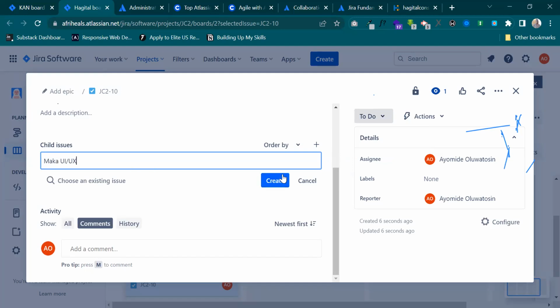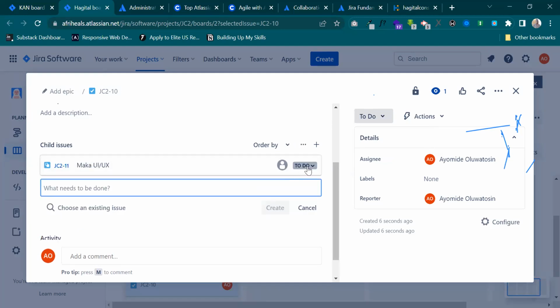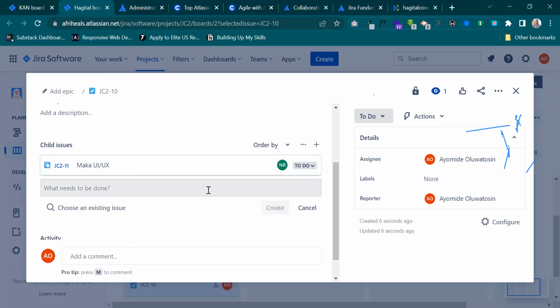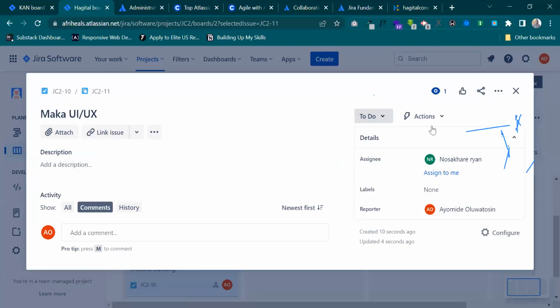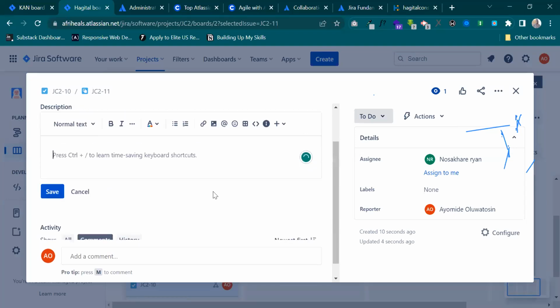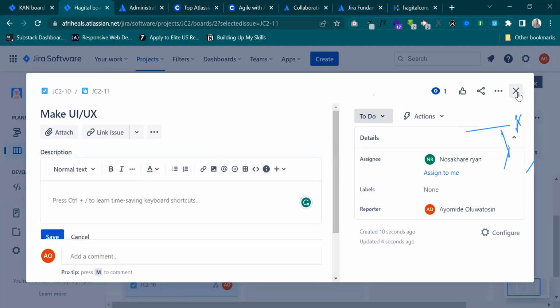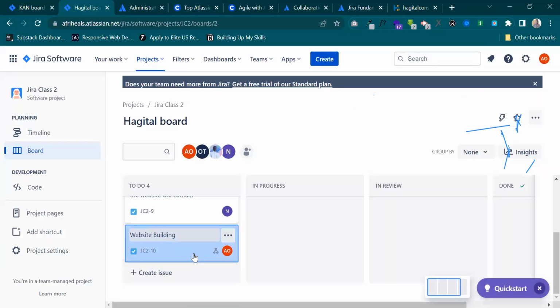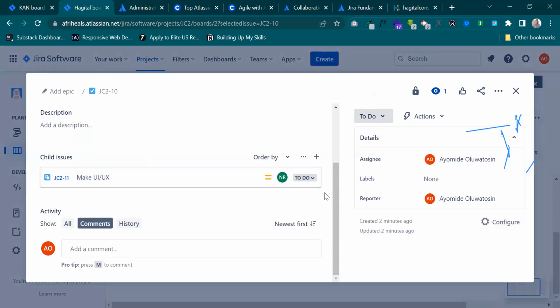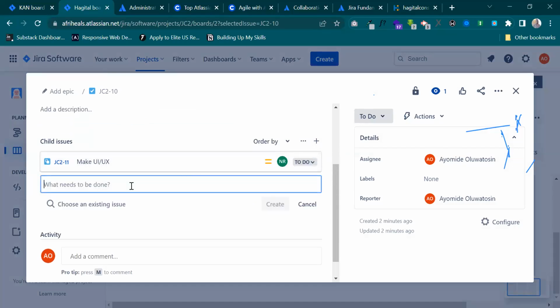I think it's because I'm on a free plan that I can't assign more than 1 person. I should be able to. Okay, so give this to Mr. Ryan. Then after making, why did I have marker? You can see that I can personally click on this task. It is a child issue that was derived from the website building. So the website building is where the entire task would take place. So adding another one after making UI UX, then